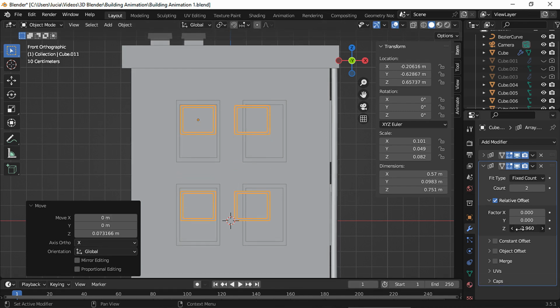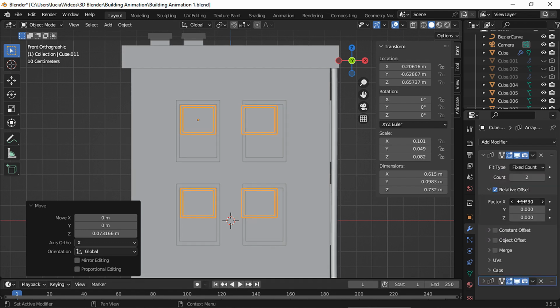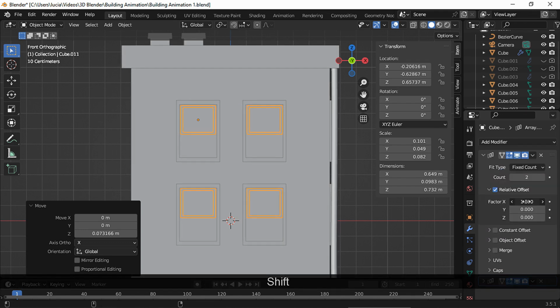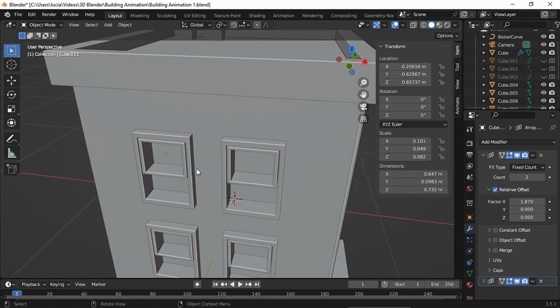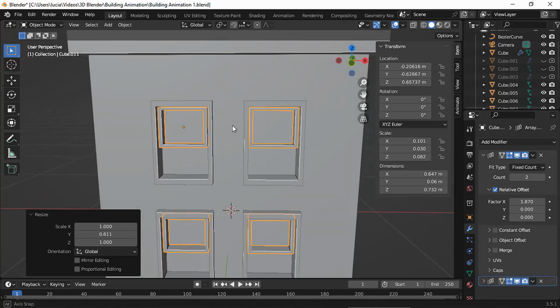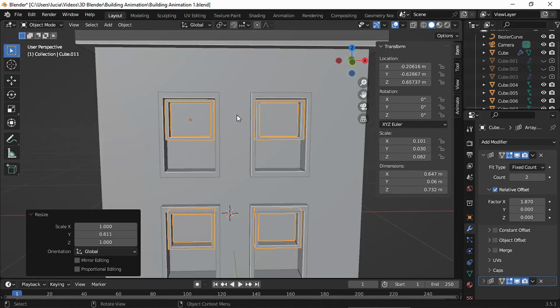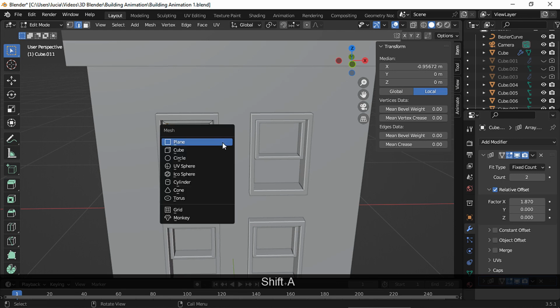Let's fix the array modifiers so the frames fit in. Scale on the y-axis to make the windows thinner. Set the cursor to the window and in edit mode add the plane to create the glass.